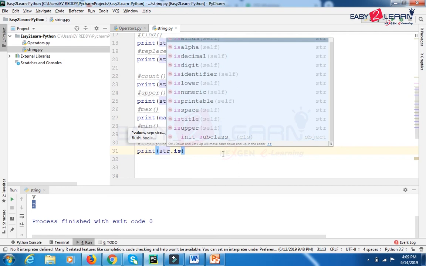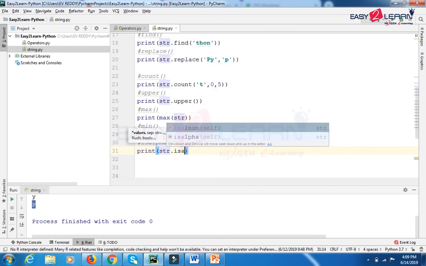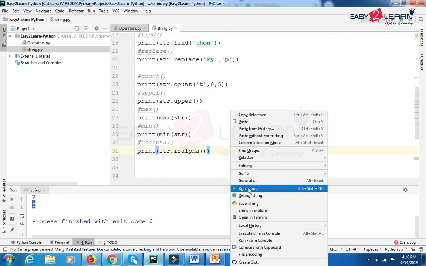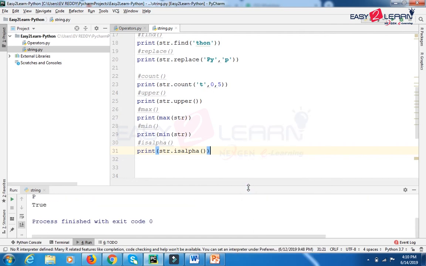All predefined methods you can use if required. And I'm using alpha and checking with it: if it is alpha, it should give the output true, otherwise it should give false. Let's see what is going to be printed. Yes, here is the output. We got true.